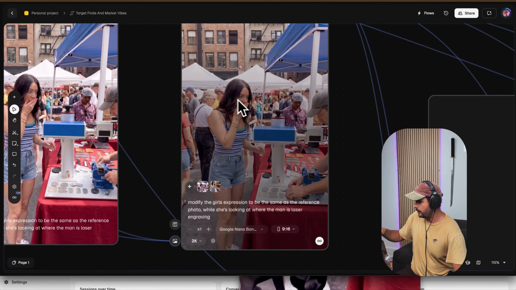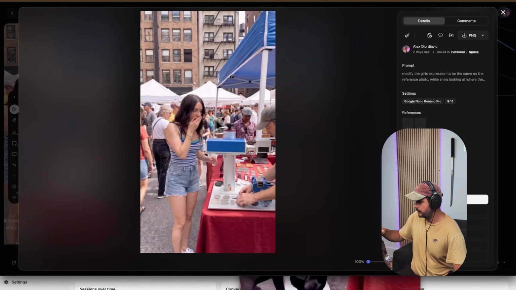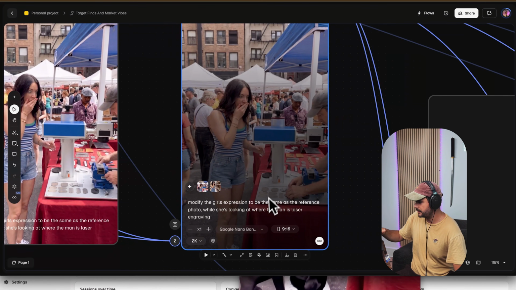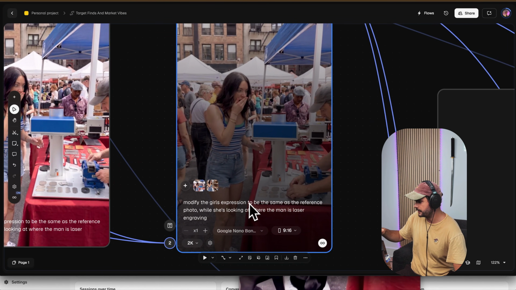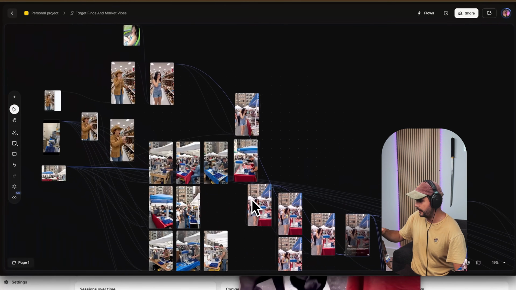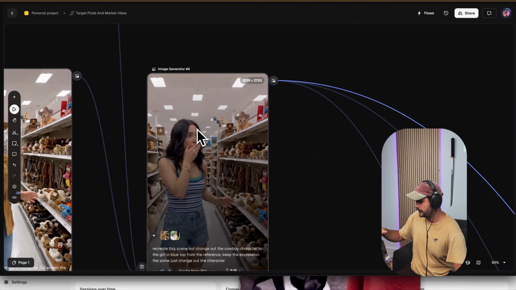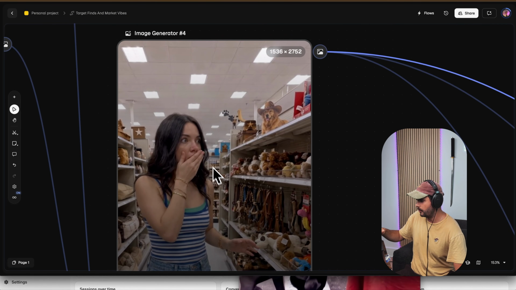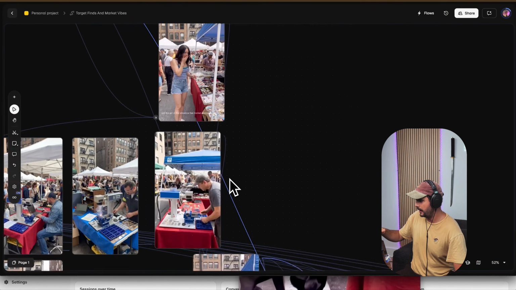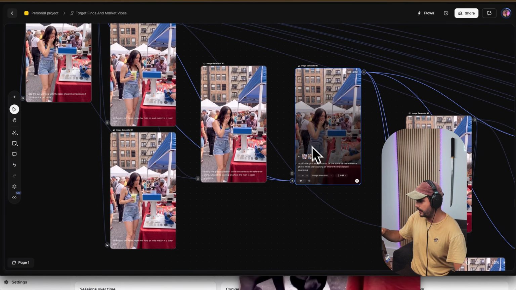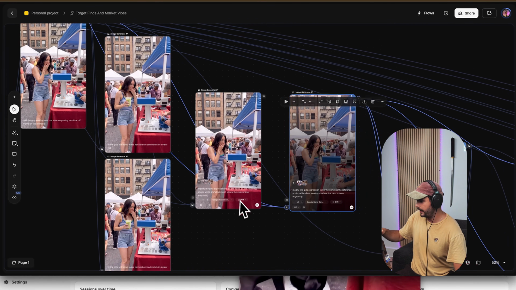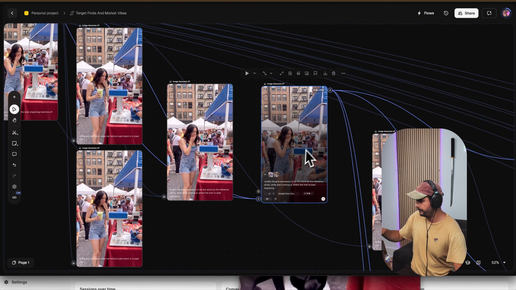The next thing I did is I wanted the expression here to look a little bit less like she's yawning and a little bit more like she's surprised. So what I did is I said modify the girl's expression to be the same as the reference photo when she's looking at where the man is laser engraving. So all I did there is I went back to this original photo where she has a little bit more of that surprised expression, and I dragged that node in as a reference to the photo that we had of the girl